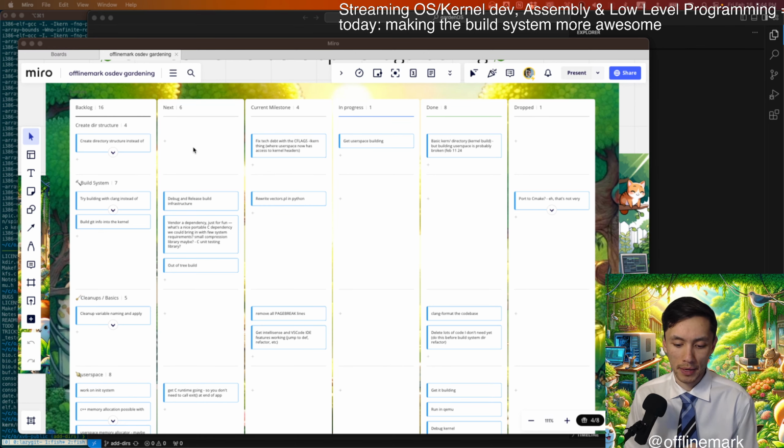The main goal is to get it to a state where personally I feel comfortable and at home with the OS, because right now I don't. It still feels like a very alien and foreign code base to me. There's a lot of stuff I don't know. I'm pretty unhappy with the build system. It's very messy. The directory layout of the project is very messy.